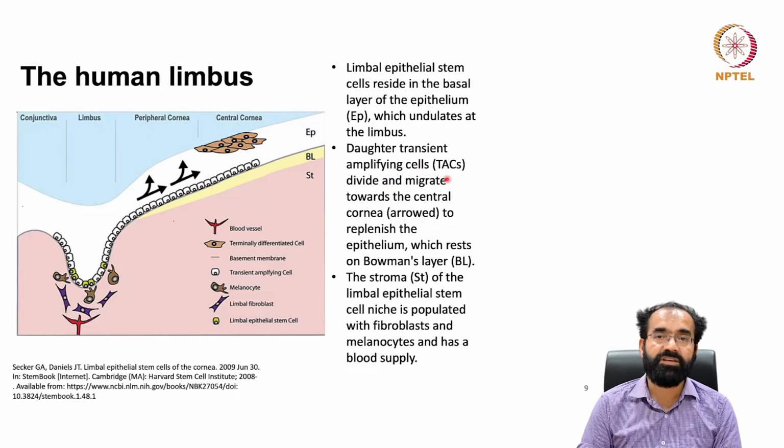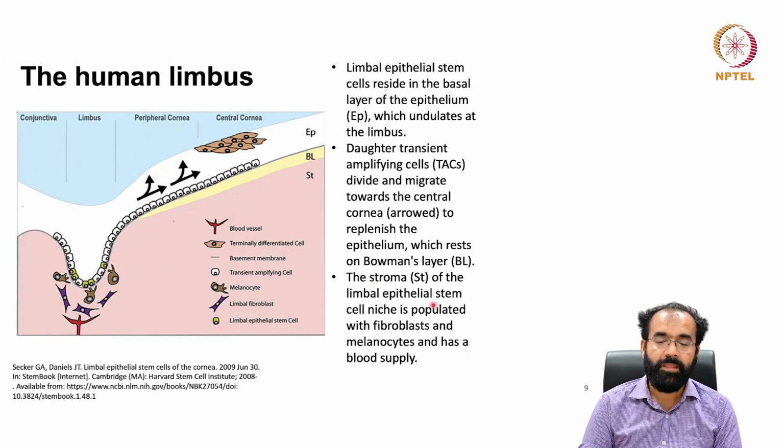Daughter transient amplifying cells known as TACs divide and migrate towards the central cornea, that is mentioned in the arrow. As you can see the movement here, which is migrating from here, the arrow has been given, to replenish the epithelium which rests in the Bowman's layer, BL, as it is marked here,